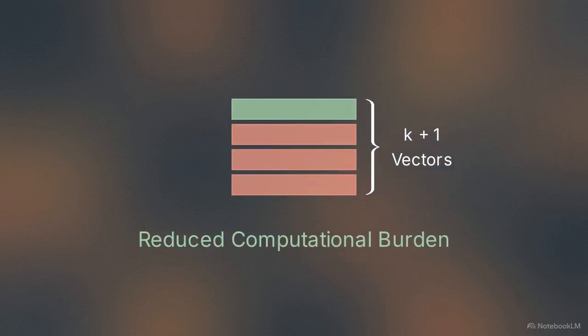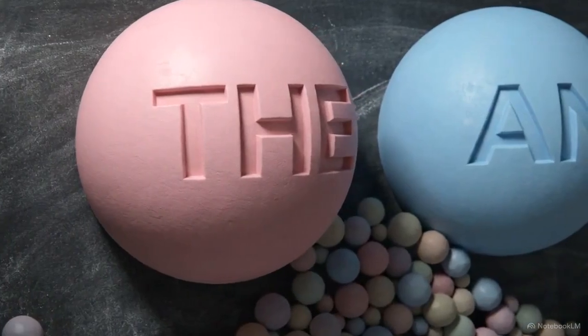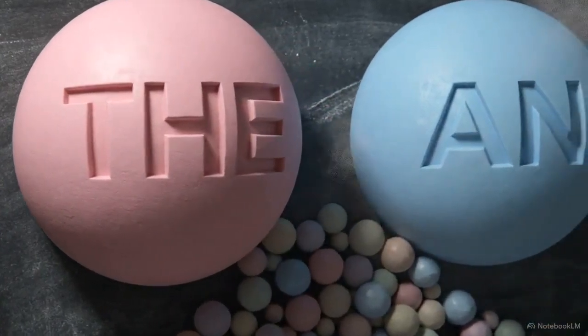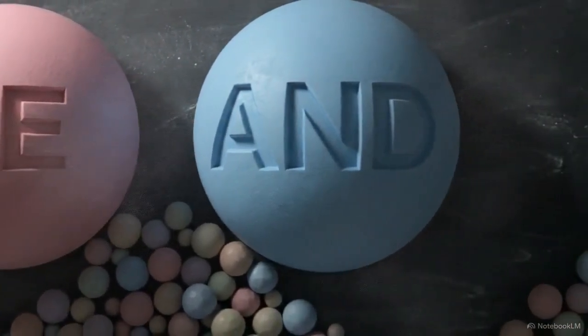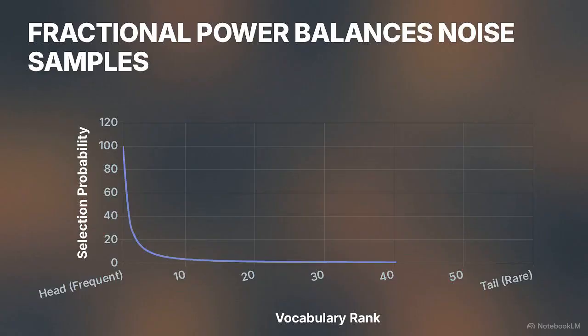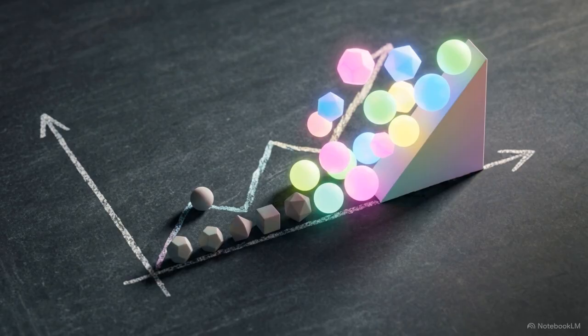computational burden. However, drawing random noise words uniformly from the vocabulary fails to provide useful negative boundaries because the model rarely encounters common words as negatives. To solve this, noise words are drawn from a specialized distribution where the raw unigram word frequency is raised to the fractional power of 3/4. This dampening mechanism forces the model to separate true meaning from hyperfrequent filler words while still building precise vectors for